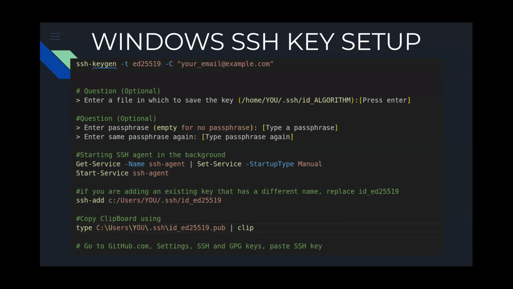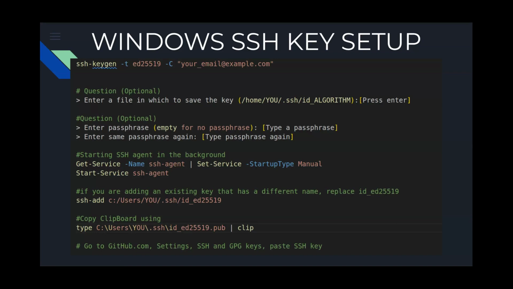And then after you do this first command here, these two are optional. They will increase security. If you use this first key here, this will prompt you to give it a file name. This is really helpful if you have multiple keys. If you're working with multiple organizations, with multiple accounts, using those different keys can be a little bit complicated, but if you're using it for personal projects and you have your own GitHub and that's really what you're using it for, there shouldn't be any issues here, just using one key.